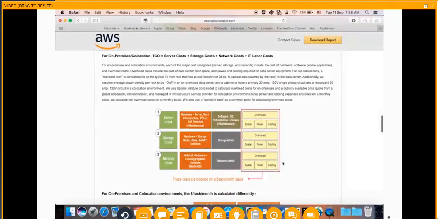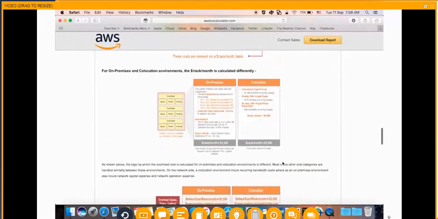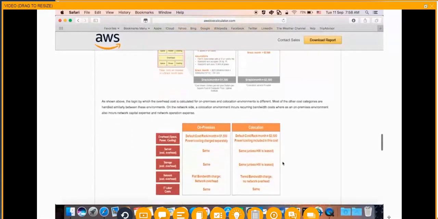Now, because some of you are actually using co-location environments, the cost structure is somewhat different, and hence that comparison you see. Finally, we have a comparison of AWS overheads side by side with on-premises environment. This table you see in front of you, while we do include the AWS support costs, also includes services,